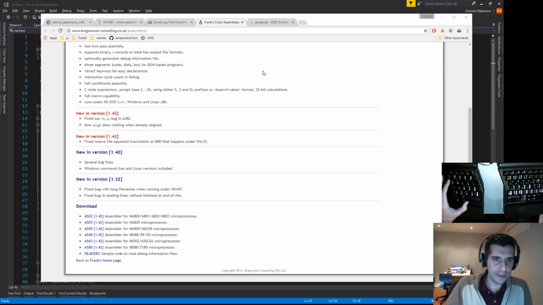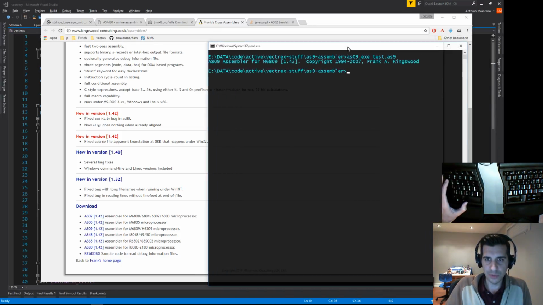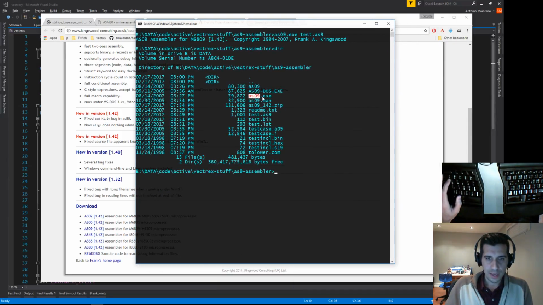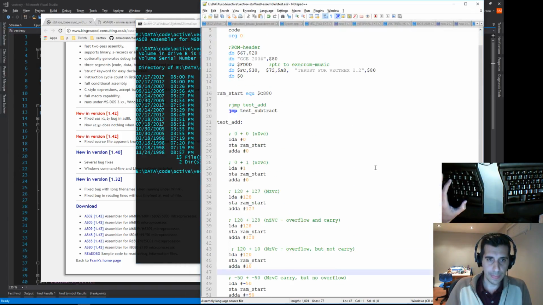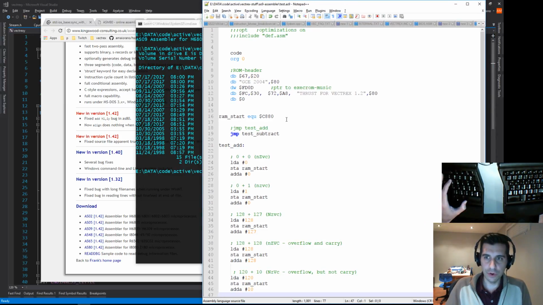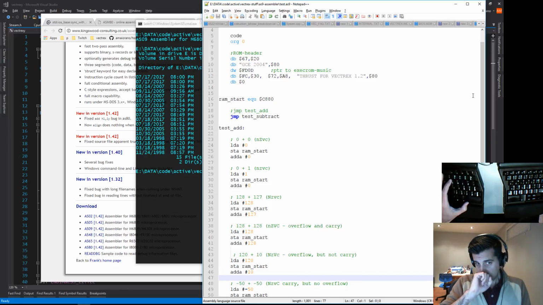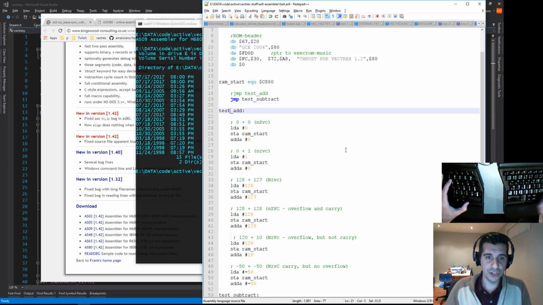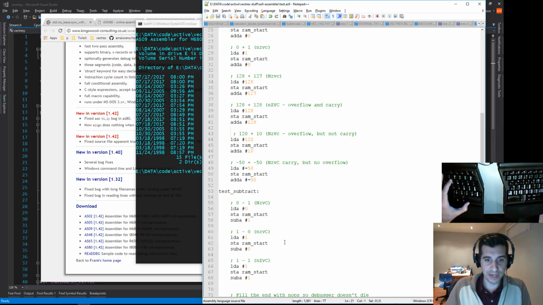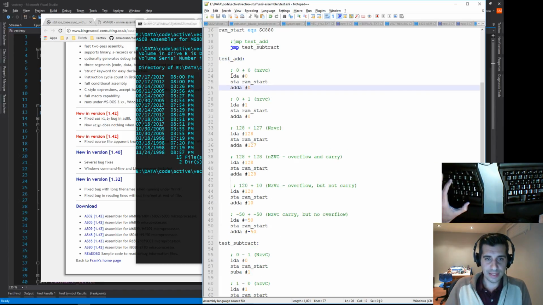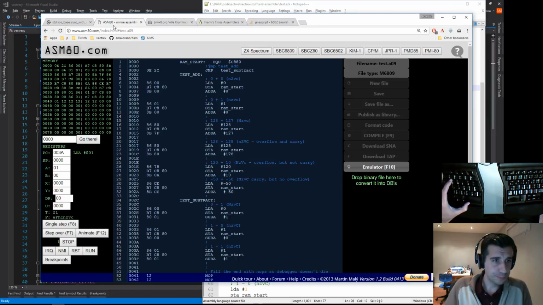So I downloaded it. I have here, so this is where the assembler is, AS09, and I wrote a little test file, test.as9, which is over here. So this is like a test ROM for the Vectrex emulator. There's some ROM header and stuff, but really what matters is I have this section of code for test add and a section of code for test subtract, and all I'm doing is I perform these operations, and then I run this in my emulator, and I look at what the flags look like, what the register values look like, and to compare it, I also found online, so actually I think I may have shown this in another stream,